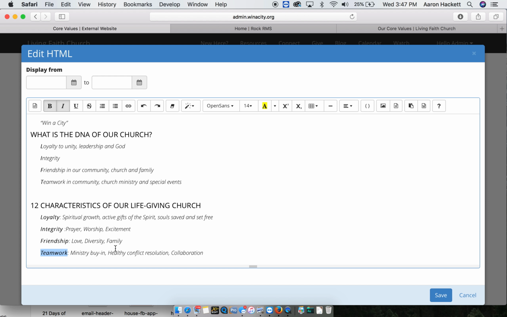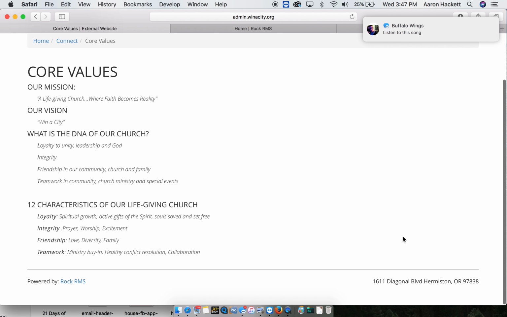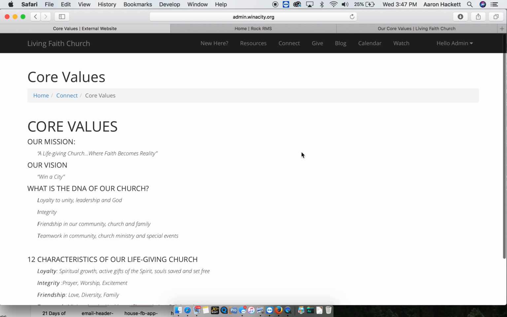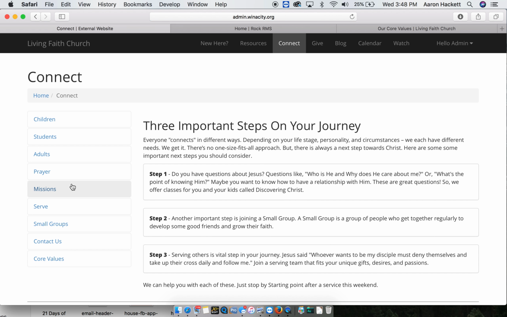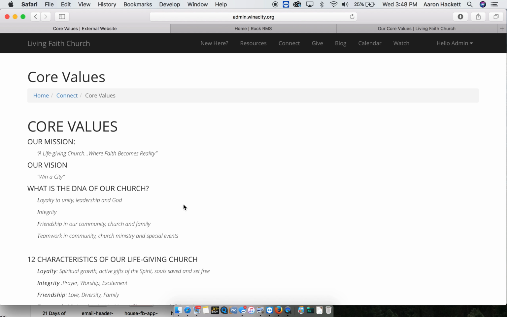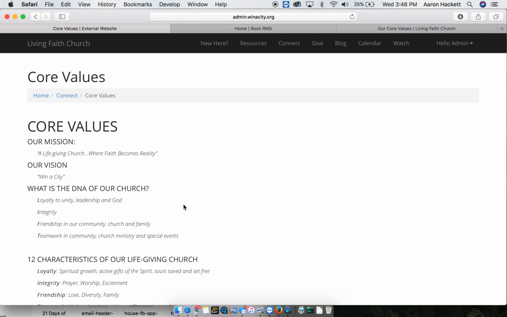And okay, so we're not going to put a display from on there because we want it to show up all the time. But once we hit that, you can see now how that shows up. So that's kind of how it works. If we hit connect, now you've got your core values. So that's a simple HTML format, and you can add pages